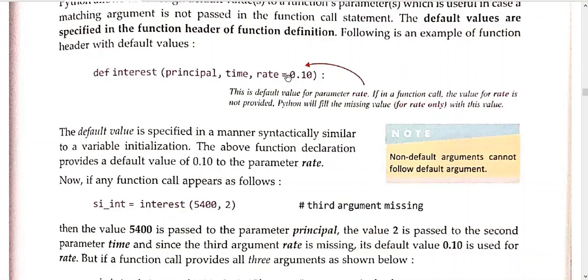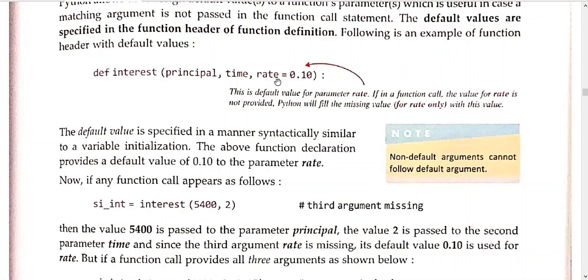And if you don't want that, shift principal here and make it the third variable. Whichever variable is at the rightmost corner, if it alone has the default value, then there is no problem.